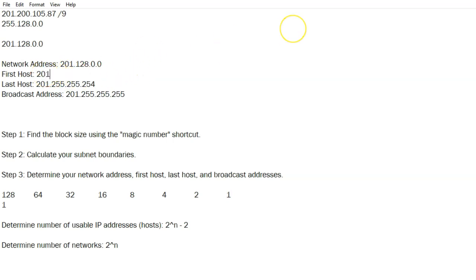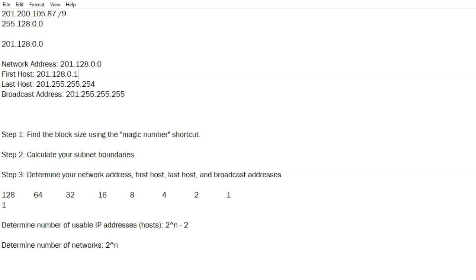I add 1 to my network. That tells me my first host. The point here is that this trick applies no matter which octet you are subnetting in. From this information here, again, with these 3 steps, this allows me to quickly determine my network address and